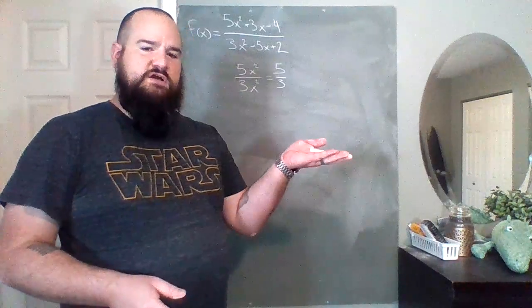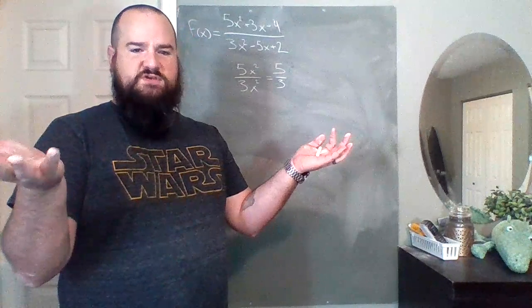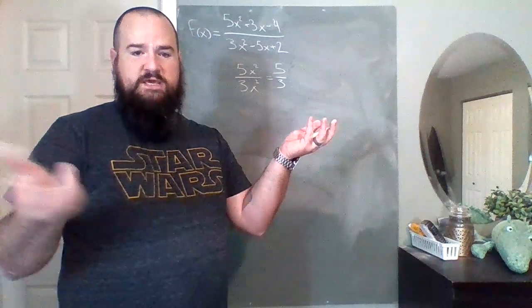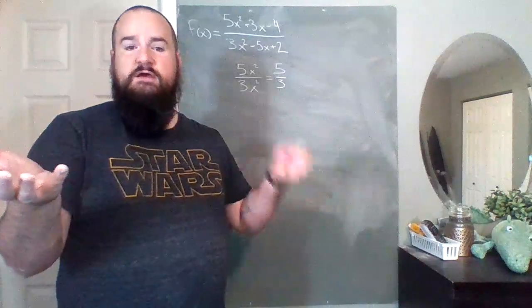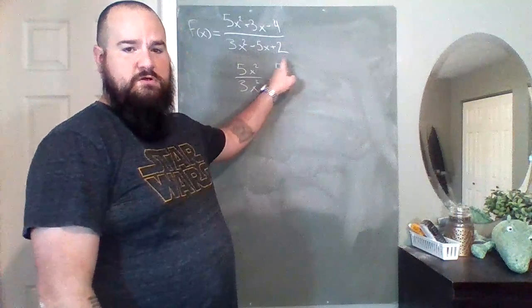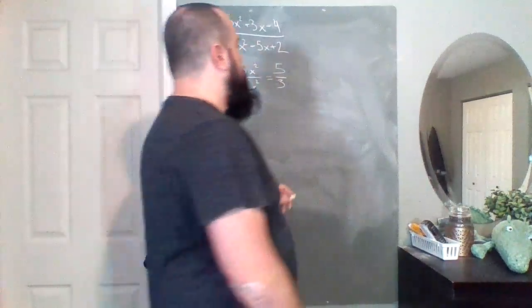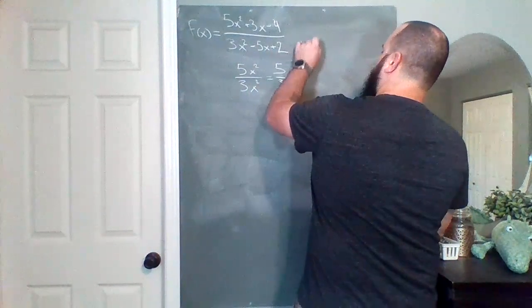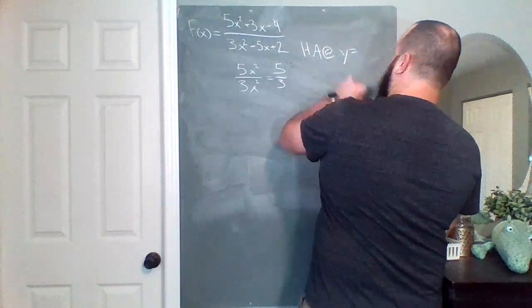Right? If I have a piece of chalk in this hand, here's my 5/3. Okay? If I grab 2 pieces of chalk in this hand, how many pieces of chalk do I have over here? If I take 50 pieces of chalk in this hand, how many pieces of chalk do I have over here? Right? What's happening over here? What's happening with x isn't affecting this at all. And so for this rational function, we have a horizontal asymptote at y equals